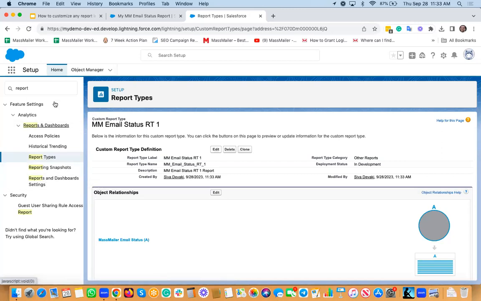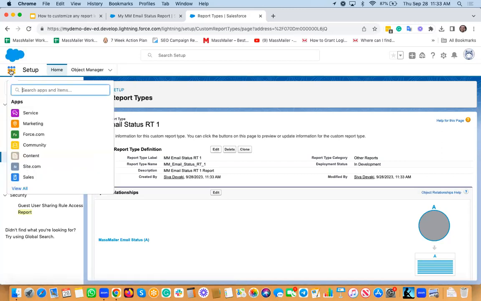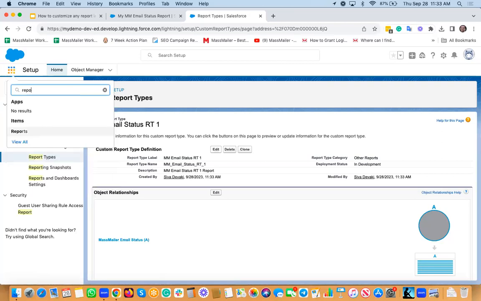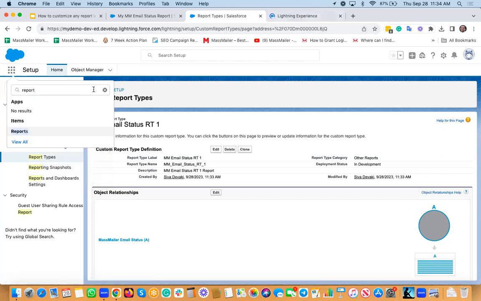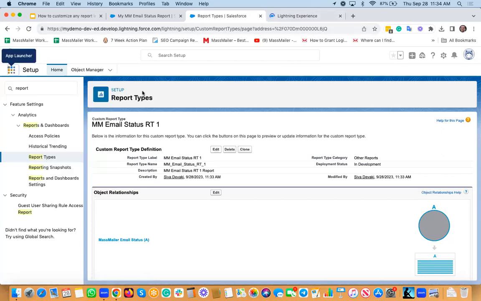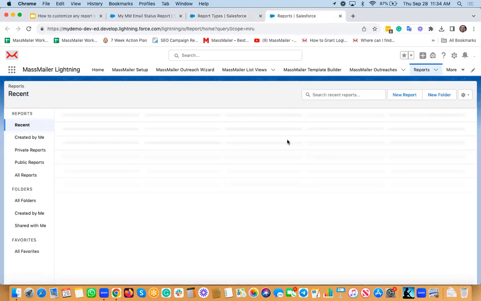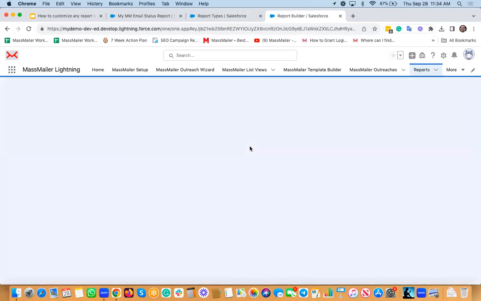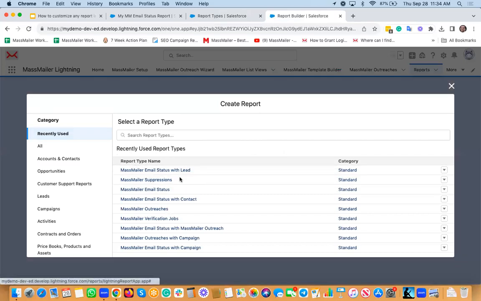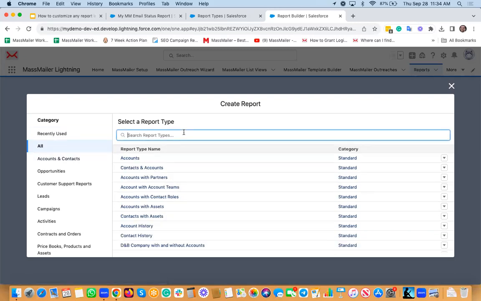Okay, so this is all related to the reports setup. We should go to the actual reports itself. I'm going to go ahead and open the reports. So what we've done so far is we just created a report type called email status RT1. So here, if you're trying to create a brand new report, not a report type, you click on this new report, and then it's going to ask you what is the report type you want to use. Here it's showing recently used, so I would do all, and then I would just type